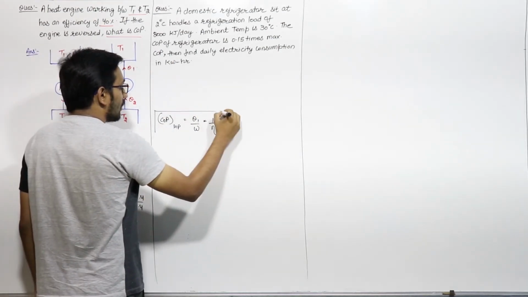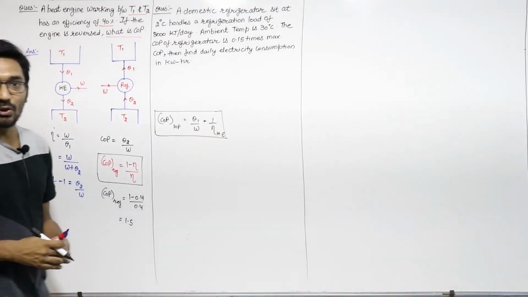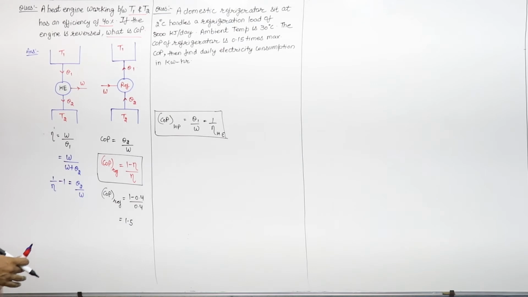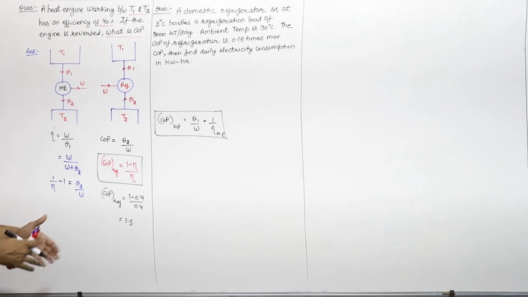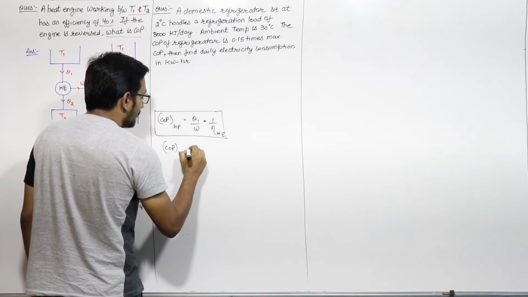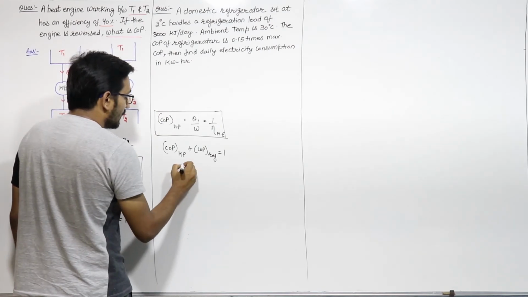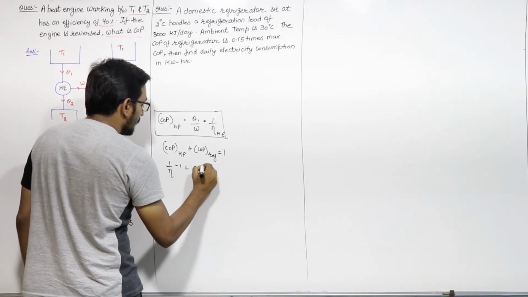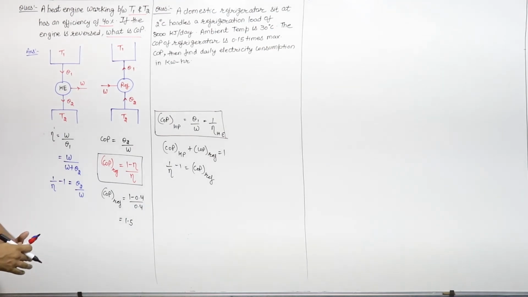So you have to remember this formula also, that between the same temperature limits, the COP of the heat pump will be equal to 1 upon the efficiency of the heat engine working between the same temperature limits, and the COP of the refrigerator will be equal to (1 minus efficiency) upon efficiency. Or you can also calculate that between the same temperature limits, COP of heat pump minus COP of refrigerator will be equal to 1. So from here you can find that 1 upon efficiency minus 1 will be equal to the COP of the refrigerator. From this equation also you will be able to calculate the COP of the refrigerator.